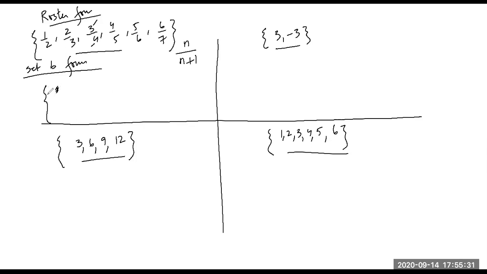In set builder form, I know first I put the braces. This braces means set of all x, such that, colon means such that, x I'm going to define now, x is equal to n divided by n plus 1. Okay, but if I say n divided by n plus 1 and comma, I can write, now n belongs to what? These numbers, are they integers? Are they natural numbers, whole numbers, real numbers, or what?